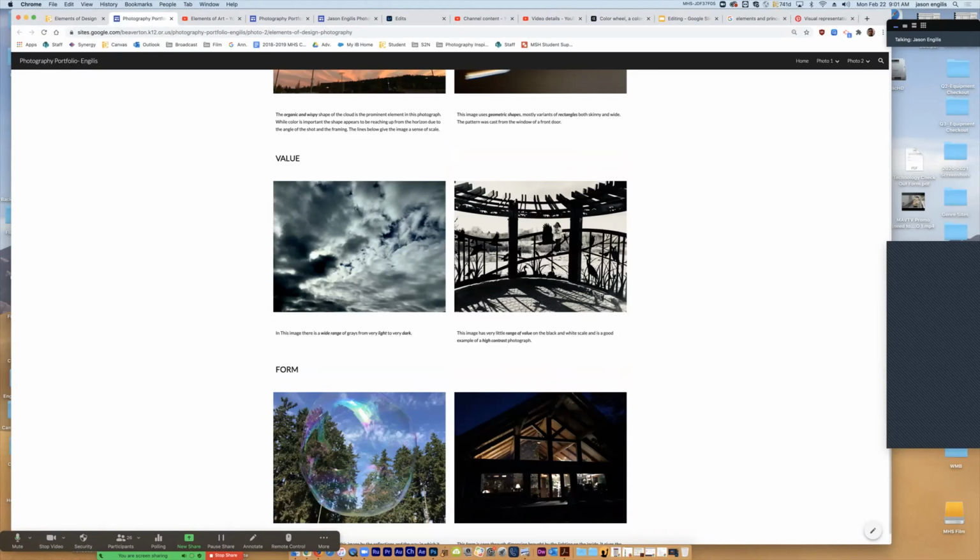For value, I'm looking at these two photos. This is a real high contrast value where I pushed the darks darker and the lights brighter intentionally so that the entire structure, and these are shapes too. I could talk about the shapes of the birds, but I'm not. This is mostly about value. But the structure itself is almost dark black,